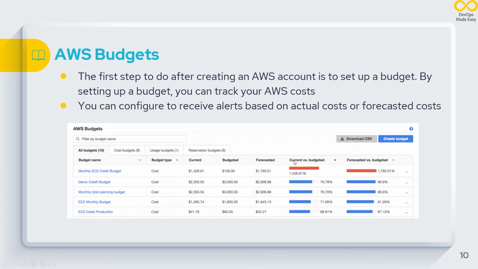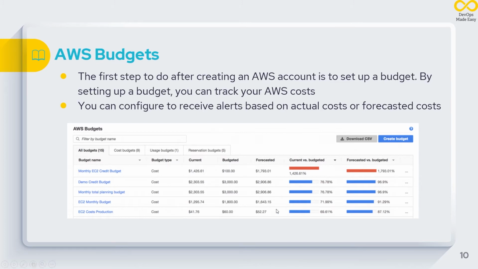That's the reason the graph between current and budgeted value shows a percentage of more than 100 percent. But for the rest of the budgets, the budgeted value is set to $3,000, but the current and forecasted values are still less than the 3,000 value set. That's the reason the current versus budgeted percentage is less than 100%.